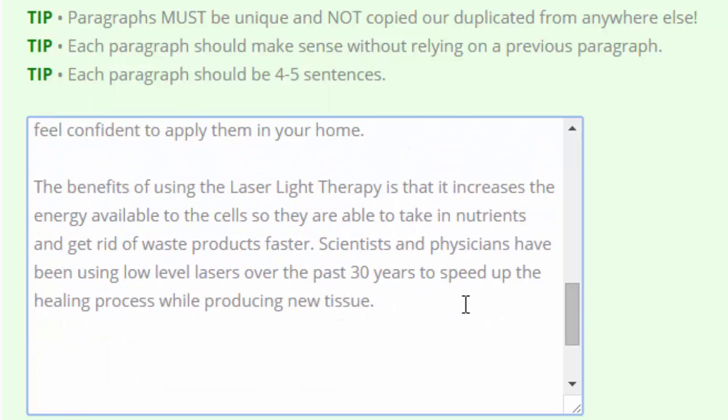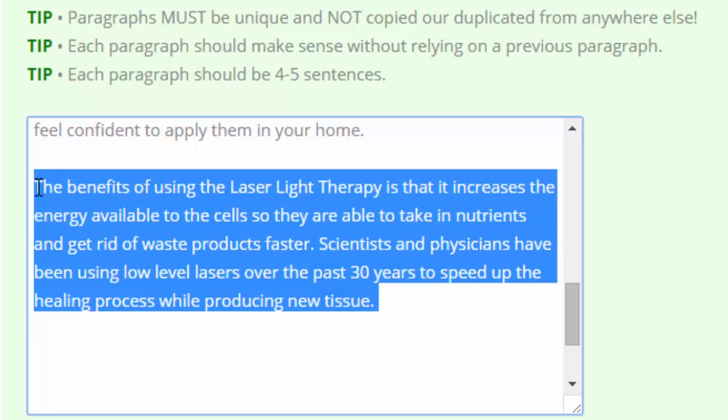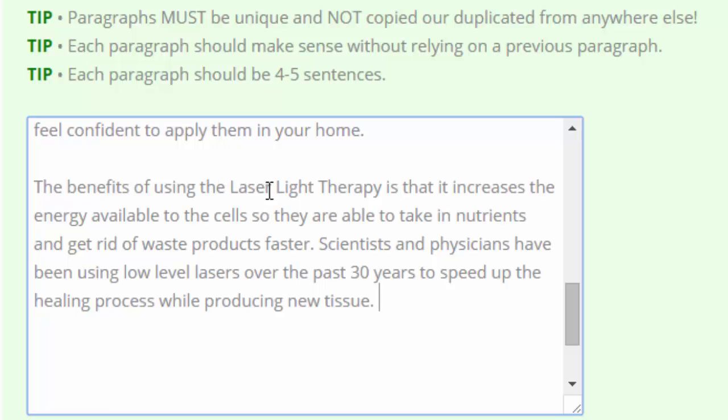And there we go. So that's a bit of a shorter paragraph. We want to see them a little longer than this. But talking about laser light therapy, scientists, physicians. So a lot of different words that are talking about what they do, which Google might take their title, so the 10 keywords that they're targeting, and combine it with these different keywords, just all depending what the person types in. So that is super important because content